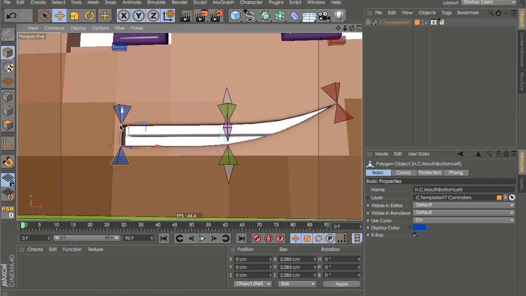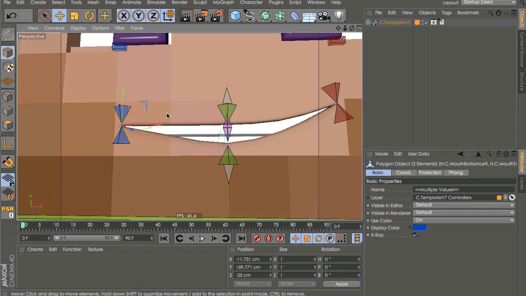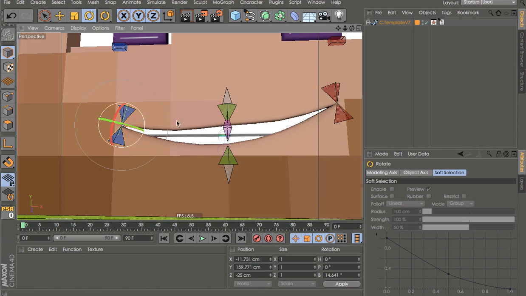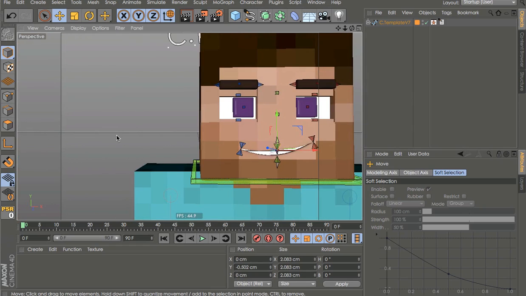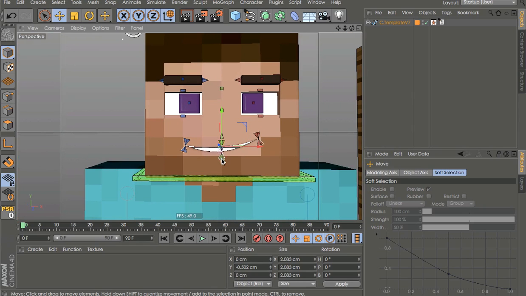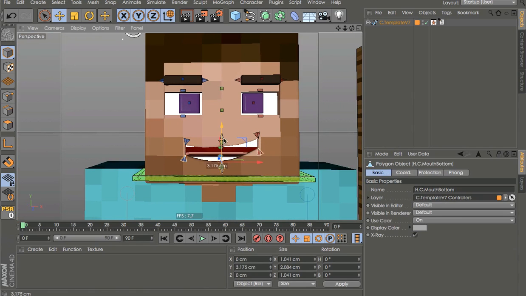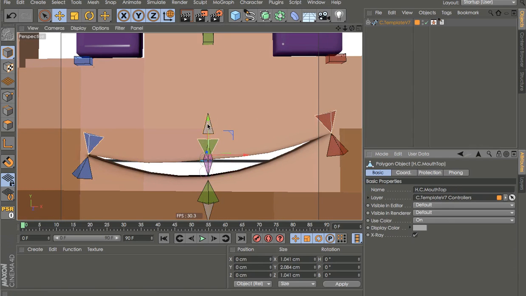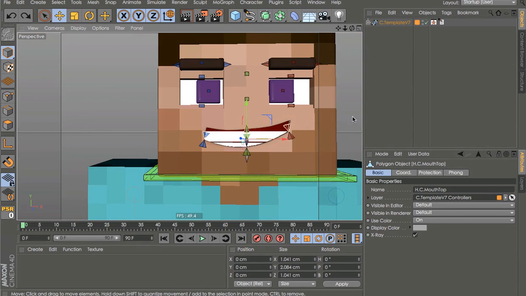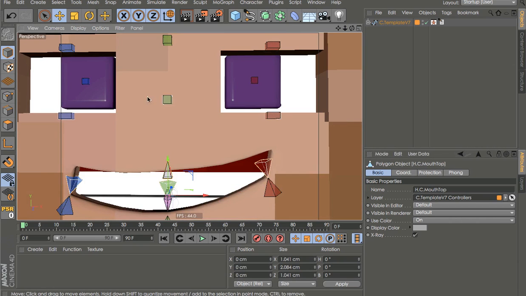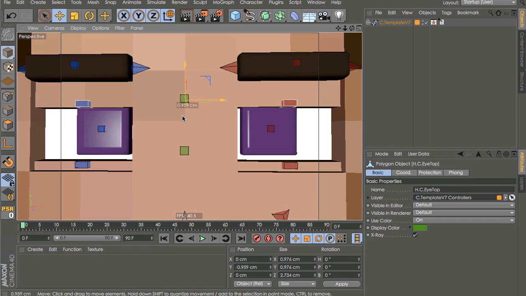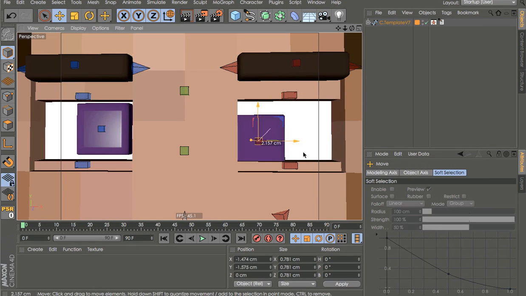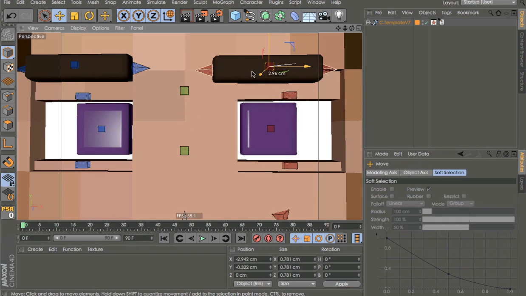And my previous version of the rig had this feature, so I don't know why you guys are complaining. Then you can do like that, and you got a smooth mouth. And yeah, and then you can also do like that and like that to control all of them. So then we have the eyes, pupil, that,